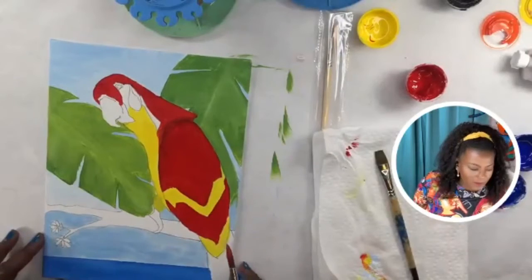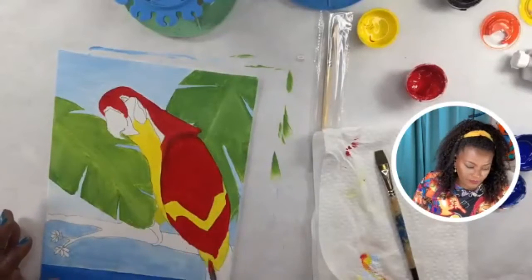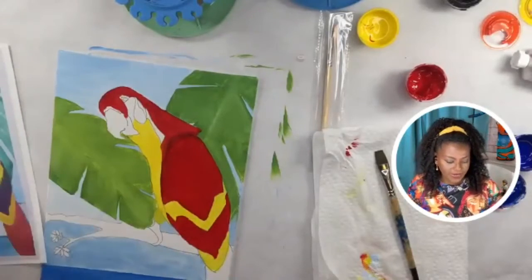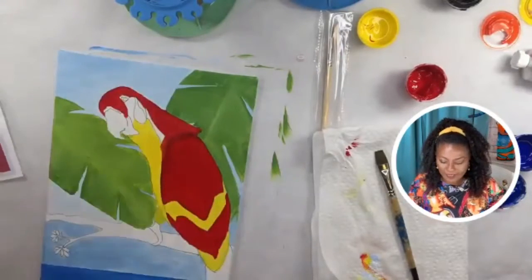Oops, I painted my thing the wrong color. That's okay. That's fine. I changed my parrot's color a little bit. And then we're going to do some things to make, if you look at your reference image, there are actually some strokes in there that are going to help the wings look a little more